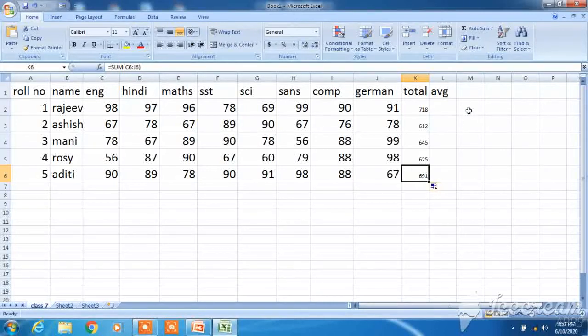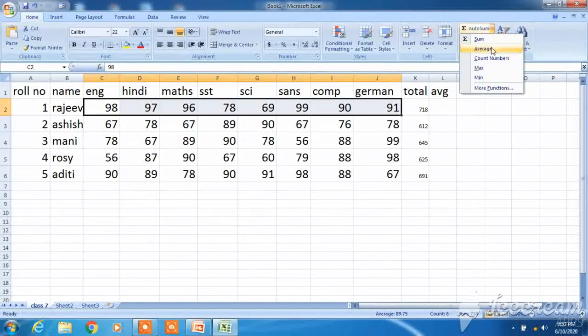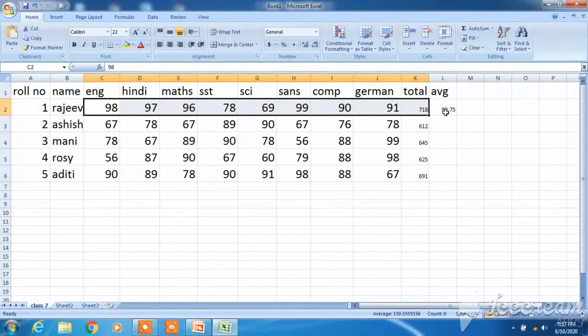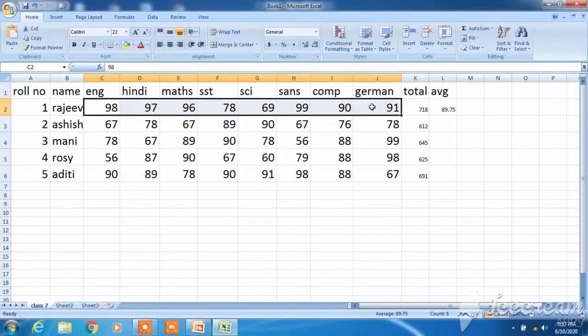Now how to calculate the average? Again select this, go to AutoSum, average is there, click on Average and it will get calculated. We have to select till this.